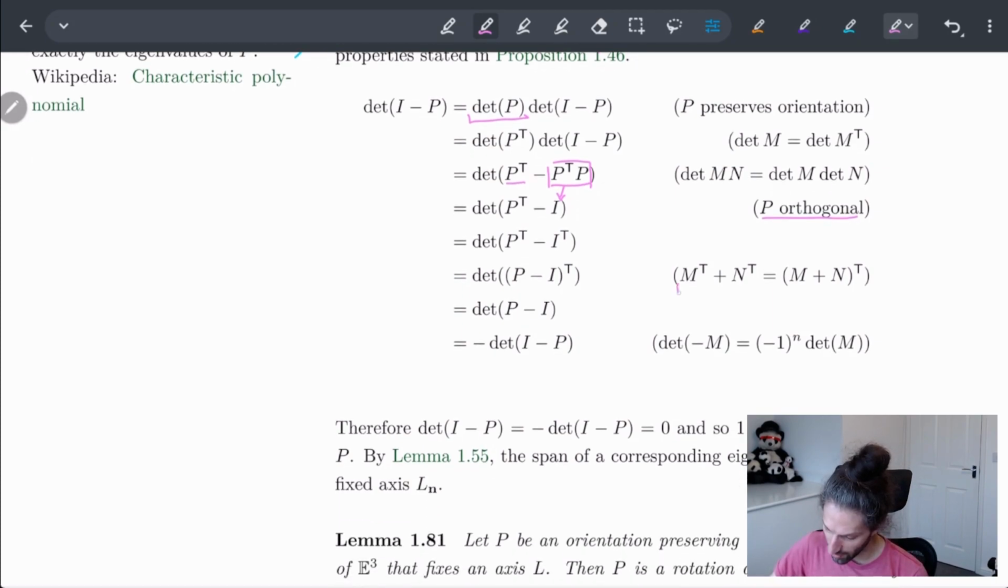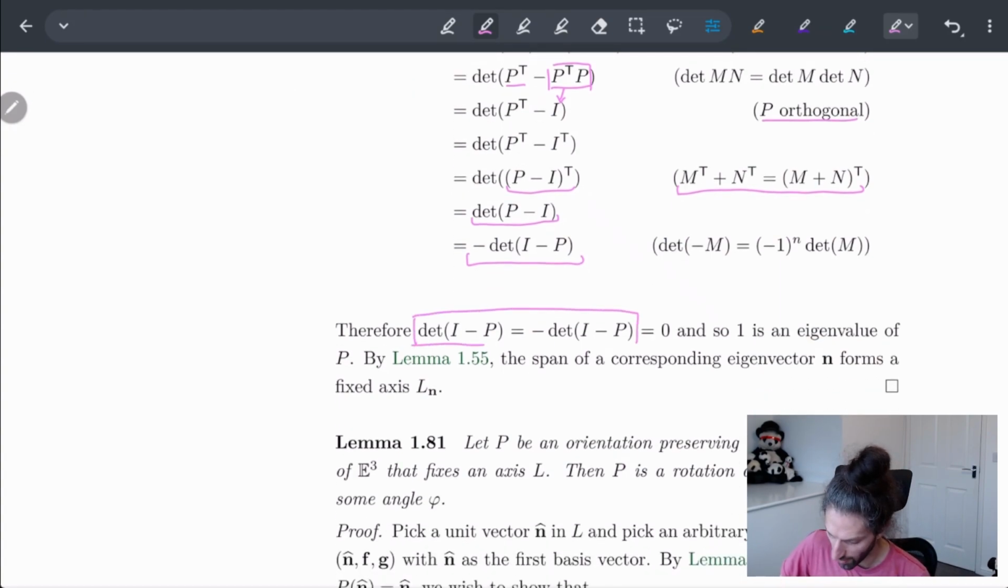Now, a second characteristic is this one, that the sum of the determinants, or the sum of the matrices, stays the same. In other words, I can just pull this transpose out, so I get P minus I to the transpose. And then I can remove this transpose, I get determinant of P minus I. And this is just a minus of determinant of I minus P. So in particular, what we end up having